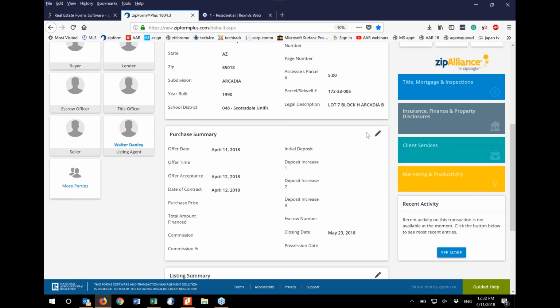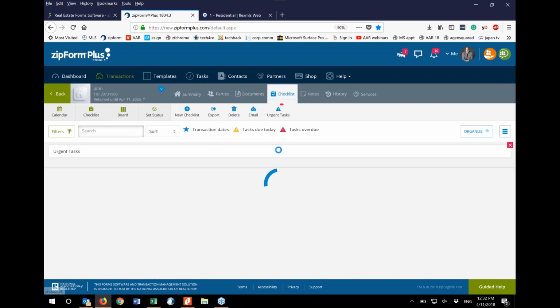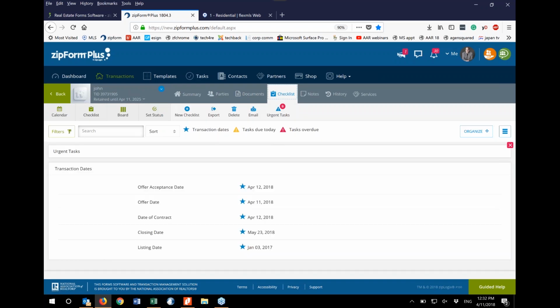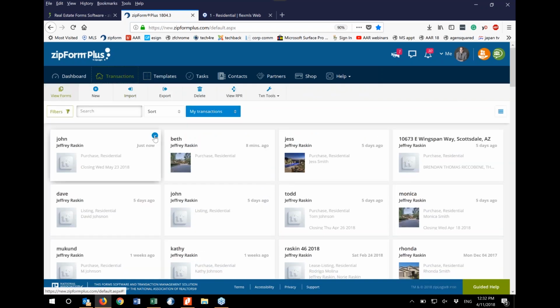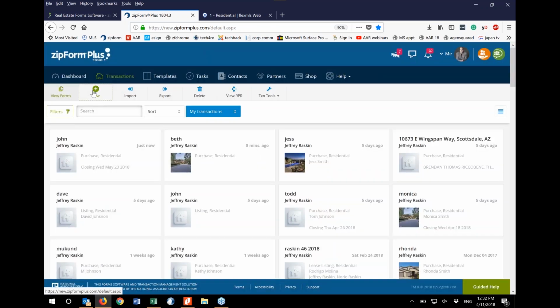I'm going to go down. This is the very first screen. In the Summary tab, I'm going to go out into the pencil. The offer date is going to be today. Offer acceptance is going to be tomorrow. Contract date is going to be tomorrow. And the closing date is going to be, I'm making this up, of course, the 23rd. Fellow agents, what happens when you put in those dates in the Summary tab? Watch what happens when I go into checklist. It will literally populate those dates for me